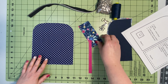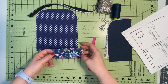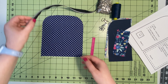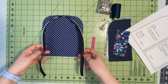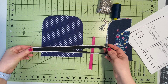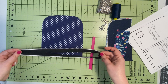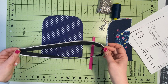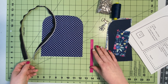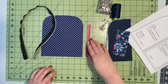You would also need a piece of quilting cotton as our bias tape. It's not really cut on the bias, so you will cut that to the measurements provided, and a piece of zipper. And this is just one side of a zipper tape, so you have to cut a full length piece and then split the tape. This piece has to be at least 22 inches, or it could be a little longer to give yourself a little wiggle room. You will also need a small piece of vinyl or cork for our little tab,